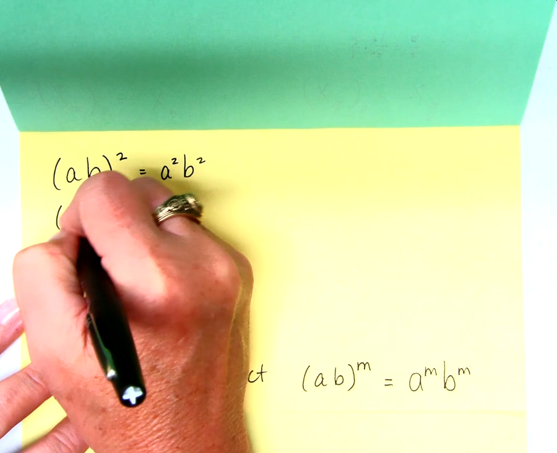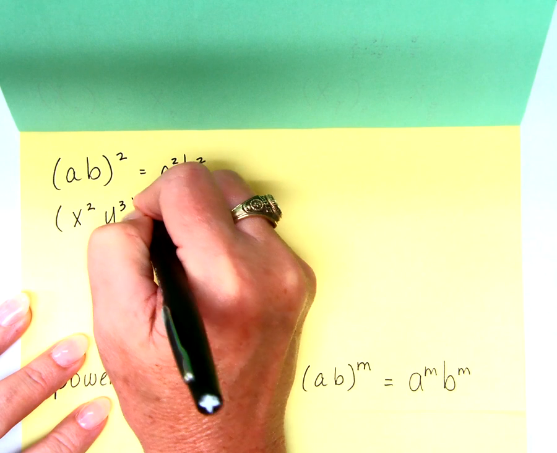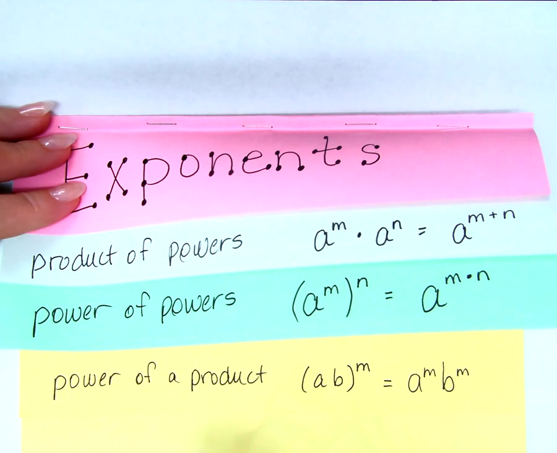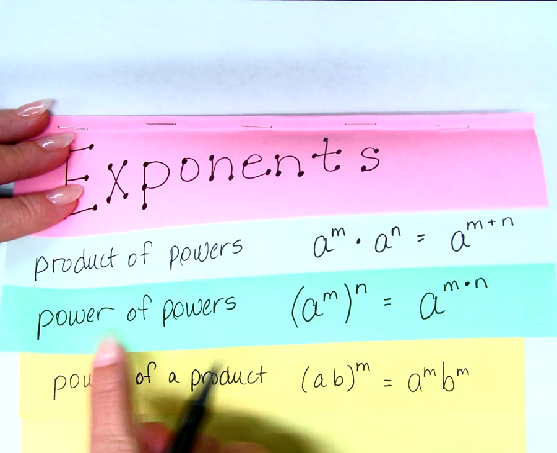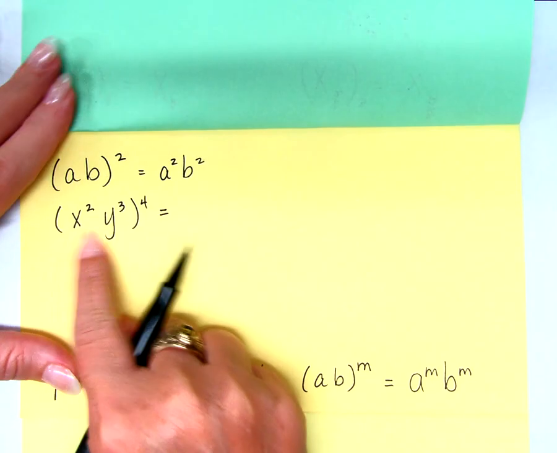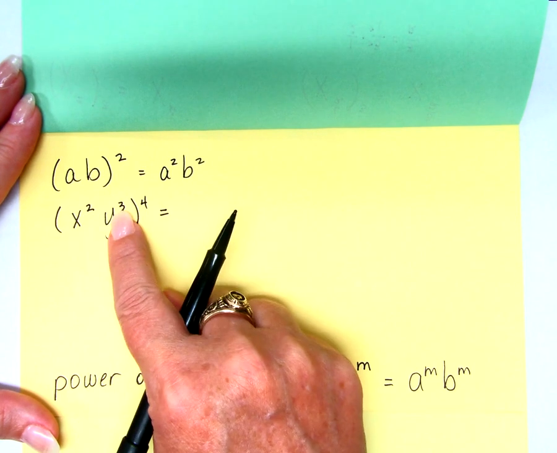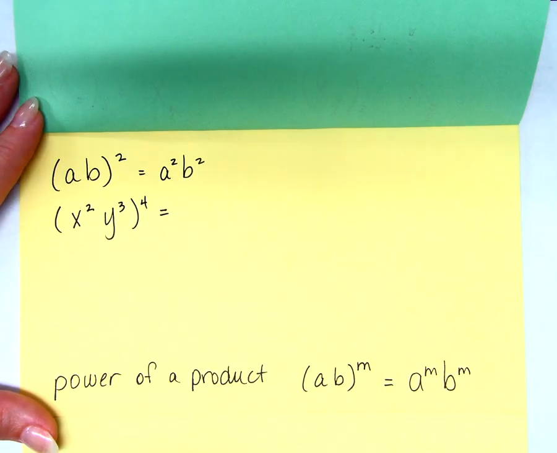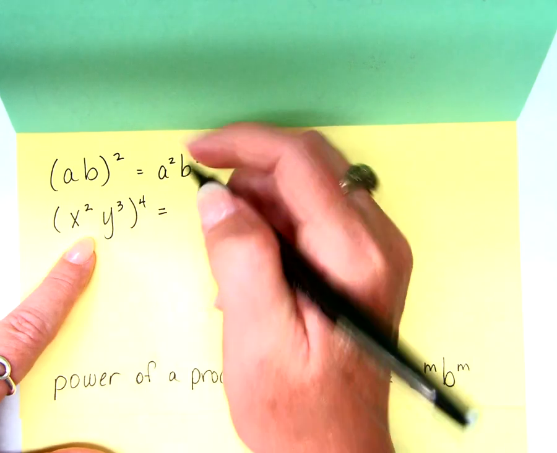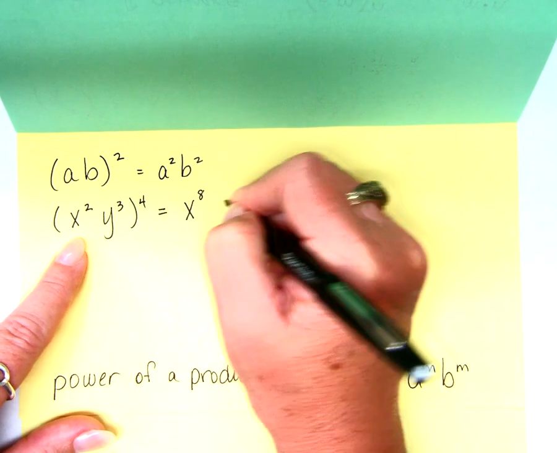But that's rarely what's going to happen. Most of the time you're going to end up having to combine rules. We just did power of powers. A to the m raised to the n. Well, now I'm doing a product, but I'm also raising what? Both of those to the fourth power, right? So what do I do with the 2 and the 4? Multiply. So x to the 8th, y to the